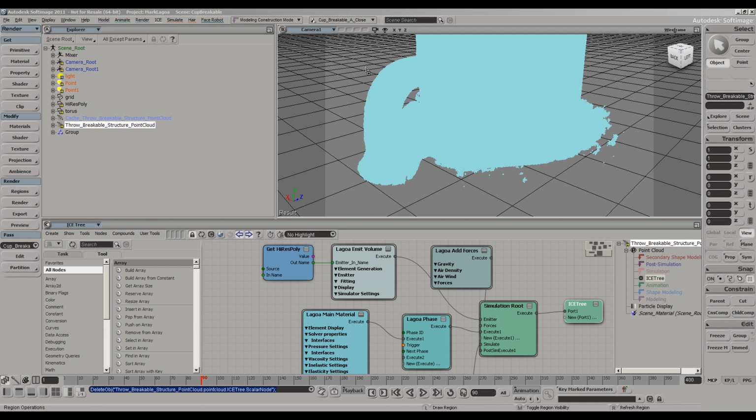Mark Schoennagel here from Autodesk, and what I want to show you in the next 20 or 30 minutes is really just some more of the advanced things that you can do with the Lagoa tool set found inside of ICE, all in the 2011 Advantage Pack version of Softimage. And really before we get into the fun of all this, I want to show you something I find pretty